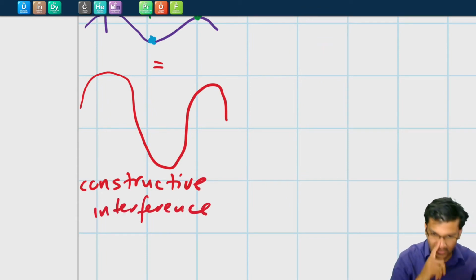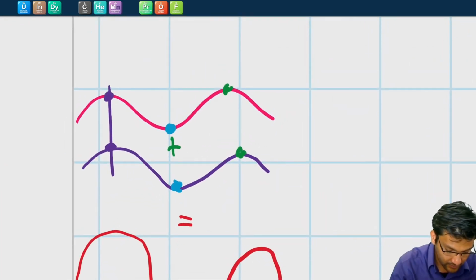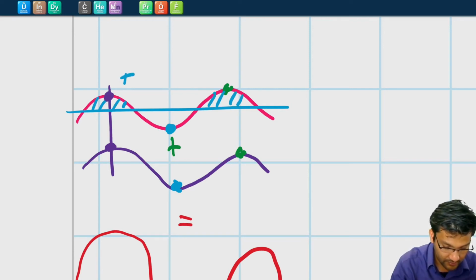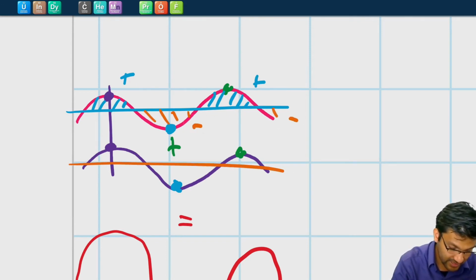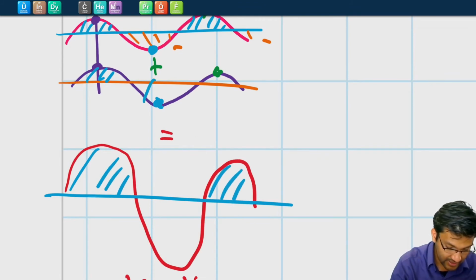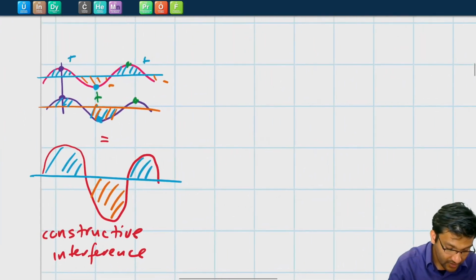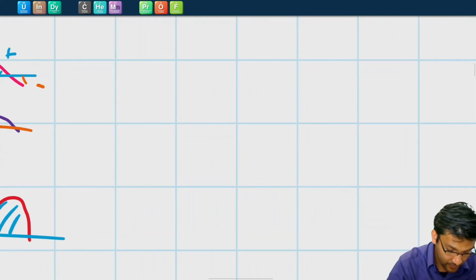interference, right? Because when we look at a wave, if you draw a line straight through the middle, we can call the parts above this line the positive parts of the wave, and we can call the parts below the line the negative parts of the wave. And so where positive and positive parts meet up, they add up to give you a bigger positive, and the negative and negative parts add up to give you a bigger negative. That's constructive interference. On the other hand, if you have a wave